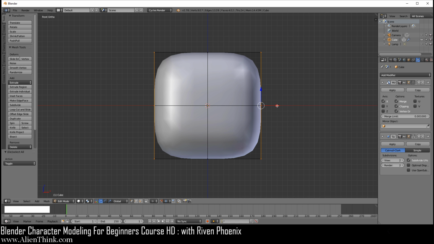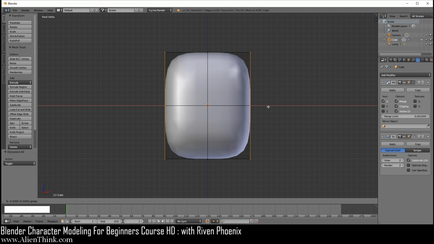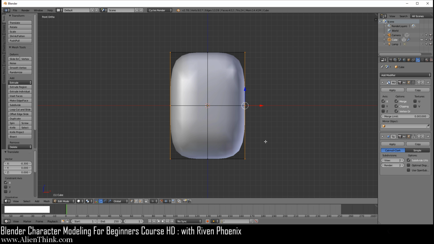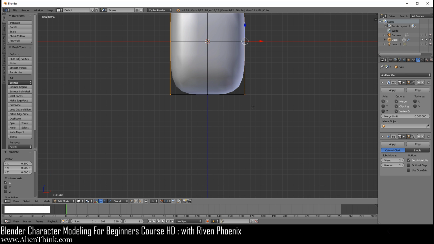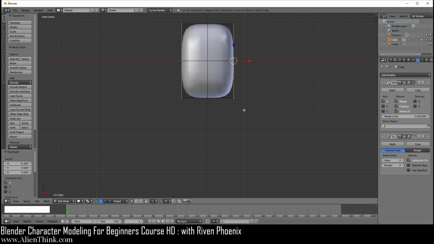So I'm going to click on this red arrow over here with my left mouse button. I'm going to move it to the left. 1, 2, and then 3. Okay. Now I'm going to press the shift key down, middle mouse button. I'm going to pan it up a little bit. Okay, so I'm going to move this down 1 grid unit. So remember that if you zoom out a little bit, you can see this bright area over here.